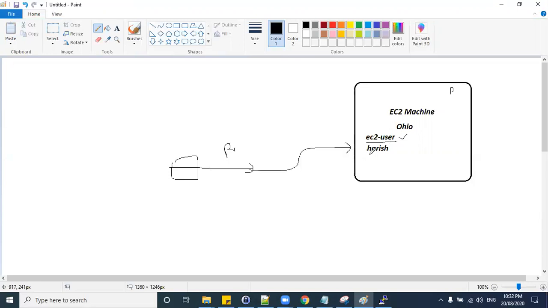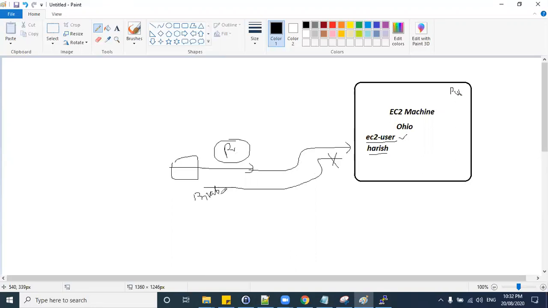But Harish, when I bring the same private key of ec2-user, and if I'm trying to log in with the username Harish, they will not allow me. Why? Because this public key is told to activate only for ec2-user when he brings the private key. So if Harish wants to log in, he needs to bring his own private key here.